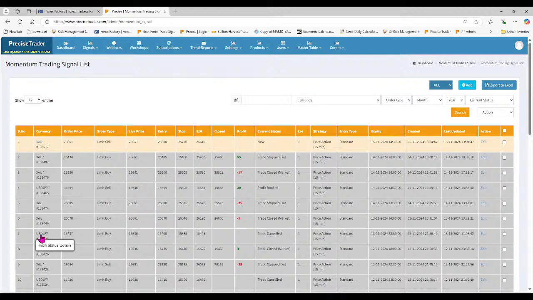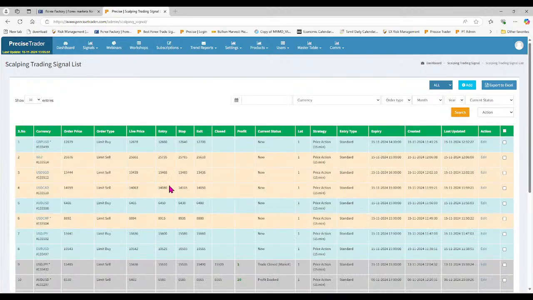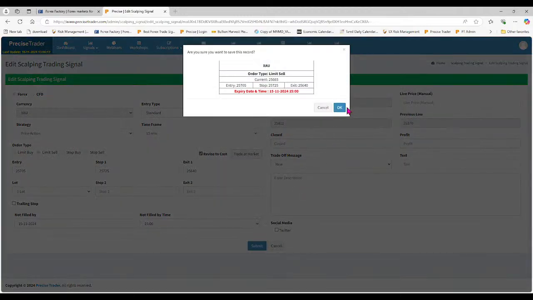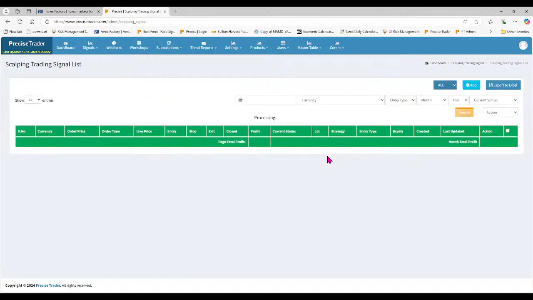So now we are trying to sell this, and at the same time, I want to revise my selling. Remember, the high is only 71 half. Since this price has not reached, I want to change this to 70 half, and my TP, I want to put it as 64. So this is a higher level.